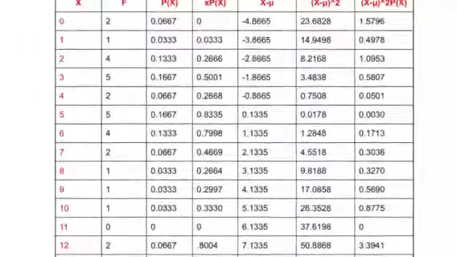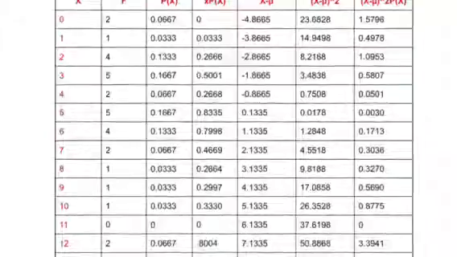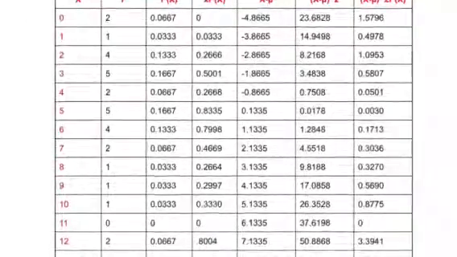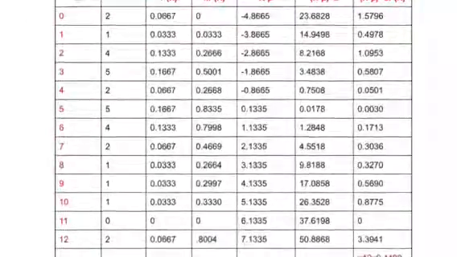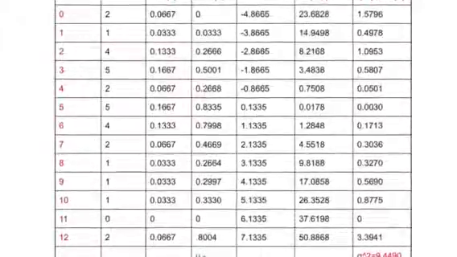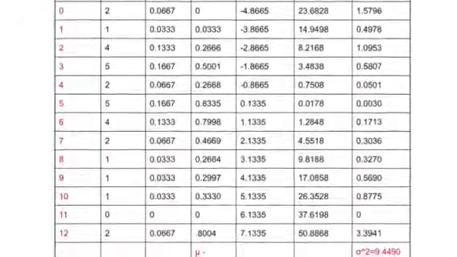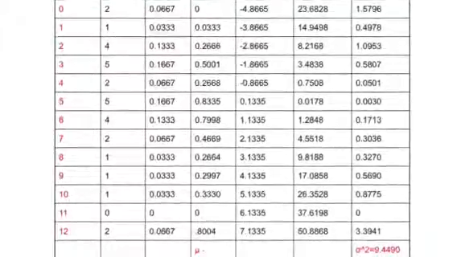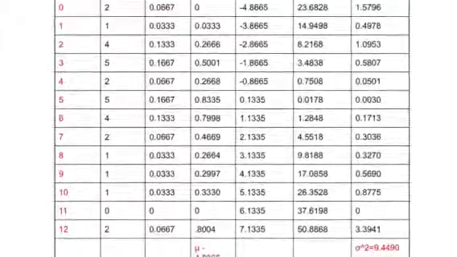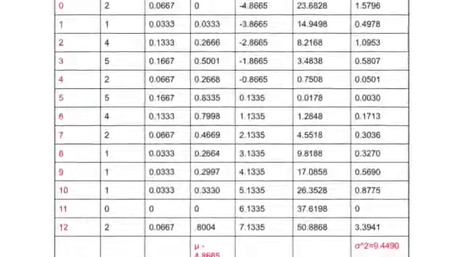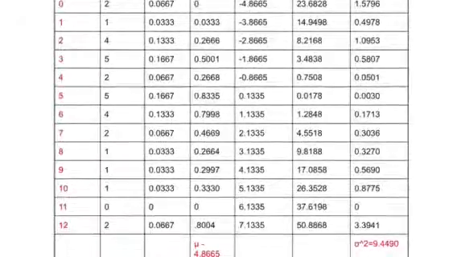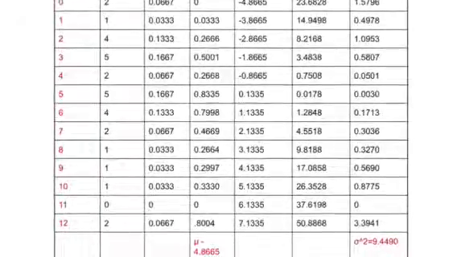times the probability of x. So if we go with the probability of x of 1, which is 0.03 repeating, and multiply that by 14.9498, you would get 0.4978. And if you do this for all of them and then add them up together,